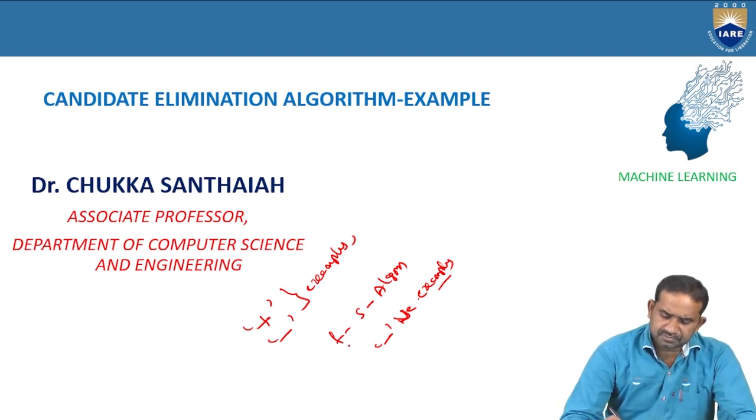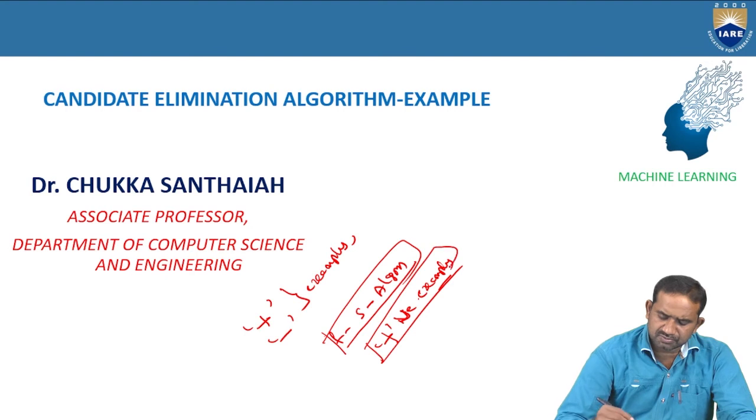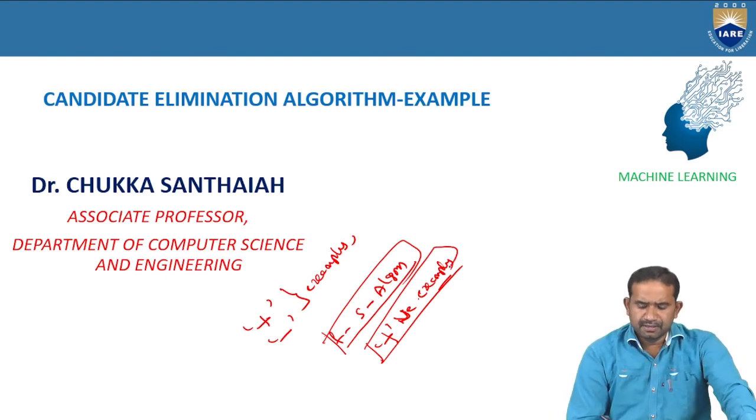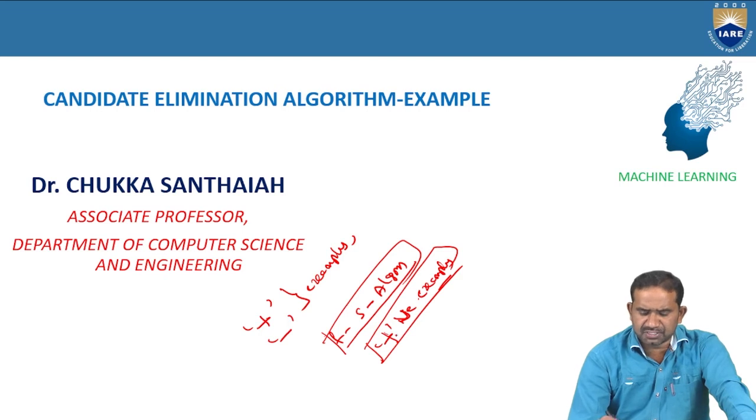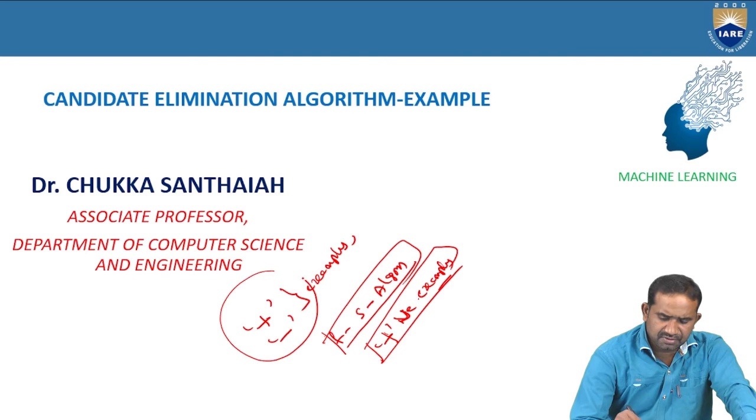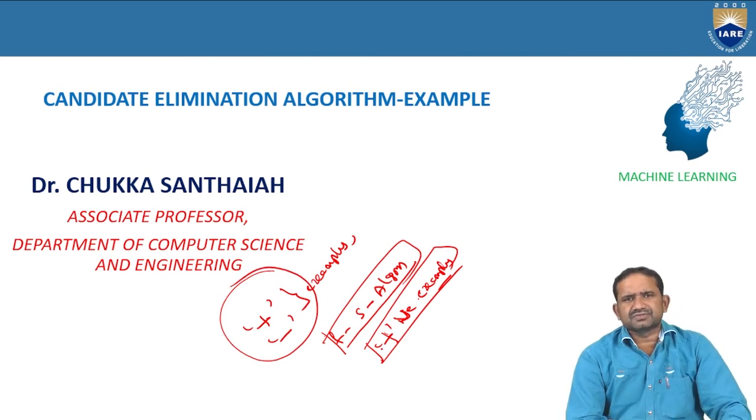Whereas the Find-S algorithm mainly focuses on positive examples. The previous statement is wrong, sorry. Whenever you compare with the Find-S algorithm, it focuses on the positive examples, but when you come to the candidate elimination algorithm, we focus on the positive as well as negative